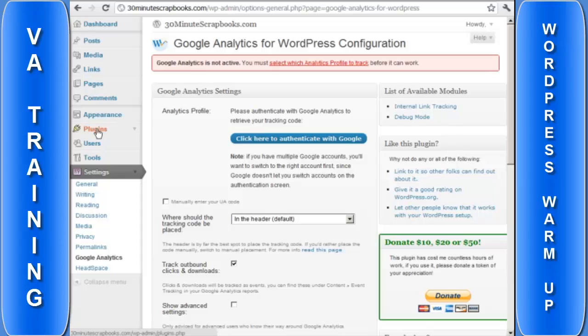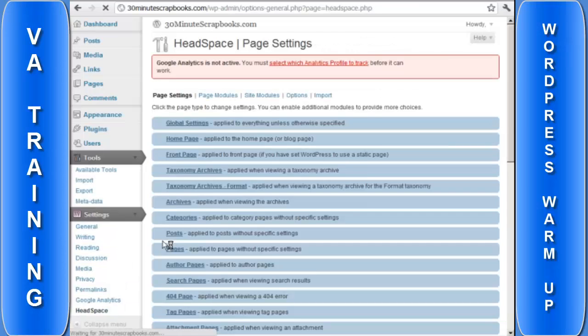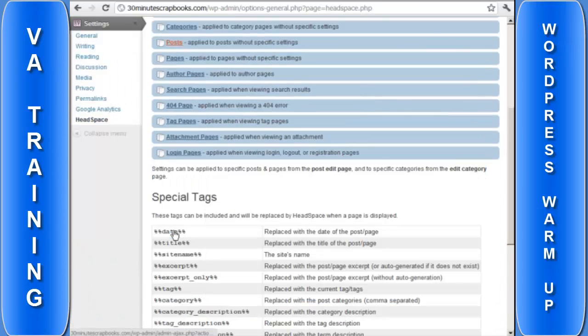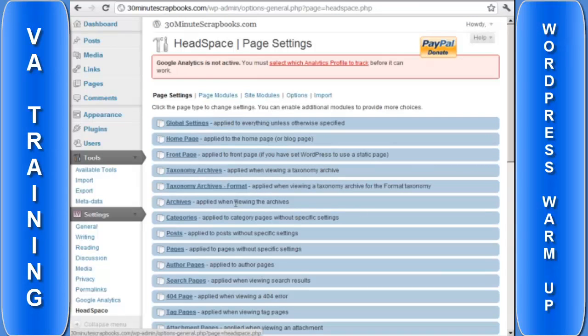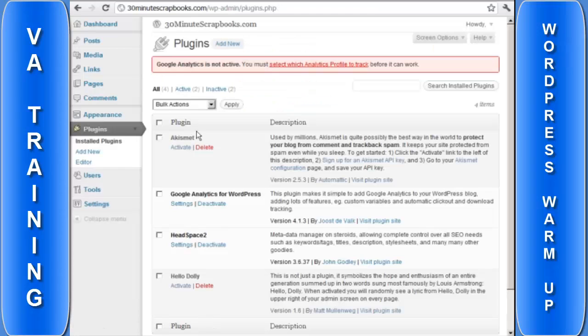As you can see here, after it's installed and activated, usually you'll see it under the settings bar. You'll see the Google Analytics plugin and the Headspace plugin here. Now I'm not going to show you how to use this. I'll show you that in the next video, but I primarily wanted to show you how to install plugins, find